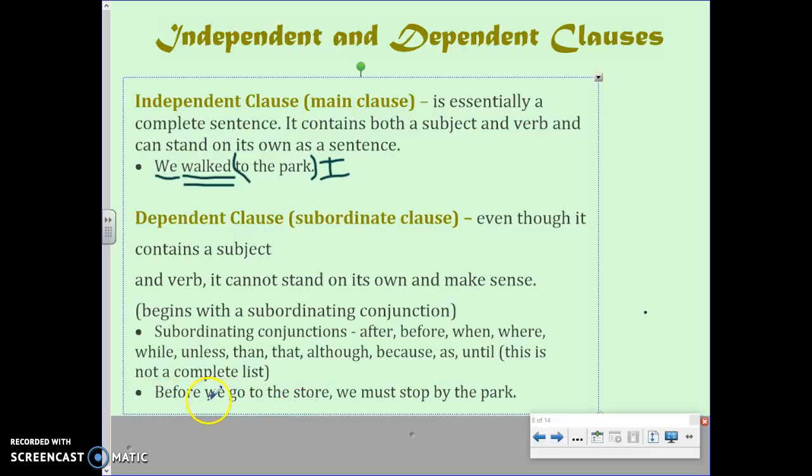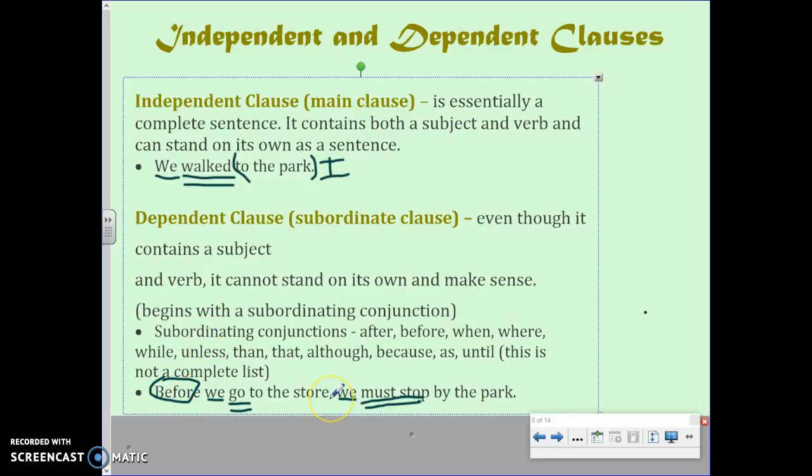So we have the "we" and we have the "go." So we have one subject, one verb. We have another subject, "we must stop," is another subject and verb. Now looking at this though, because the word "before" is here, because it's a subordinating conjunction, if we were to